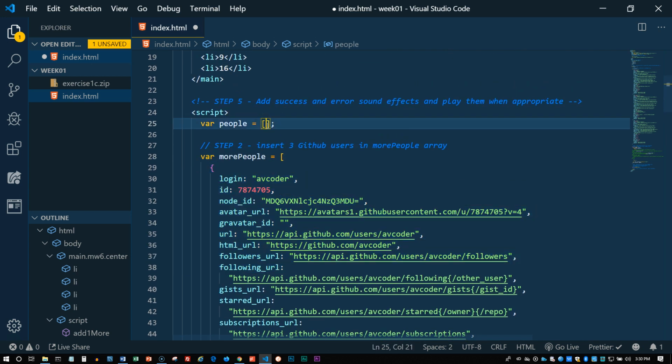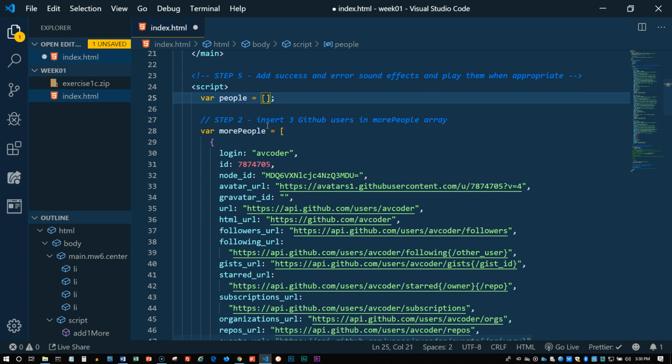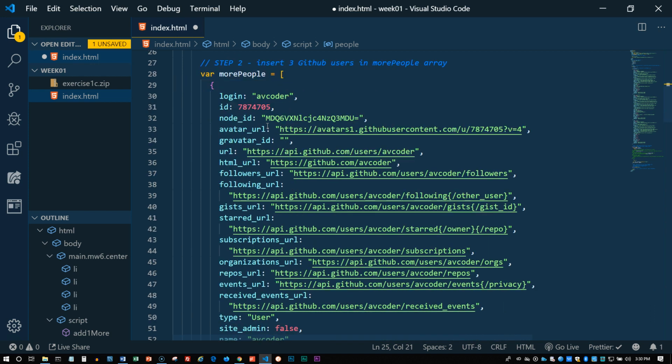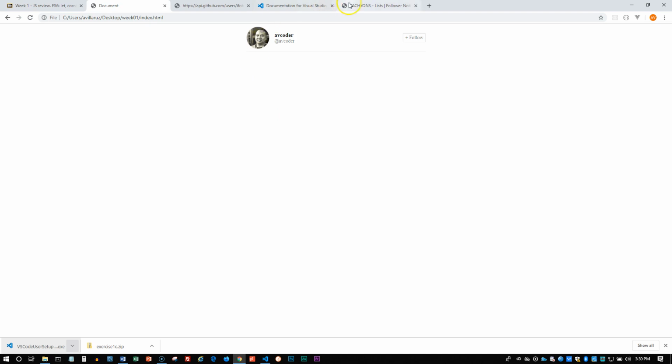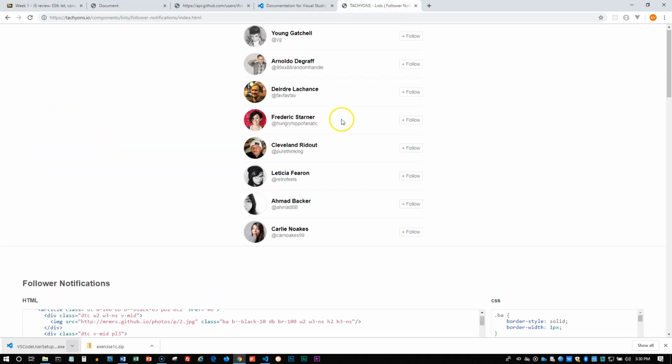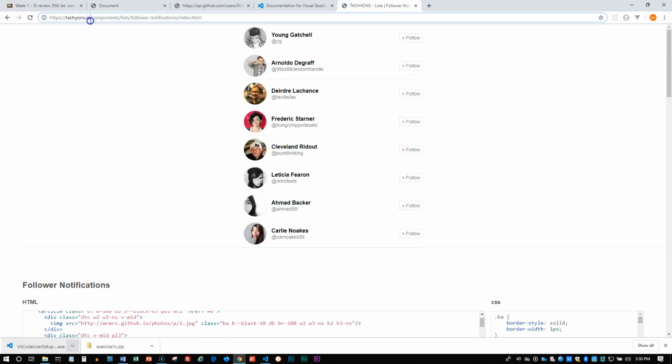What array method can I use to insert something into that array? There's two. Push and unshift, right. So let's try that out. So let's create a button. It doesn't have to be a fancy button. Actually, I think Tachyons gives you some